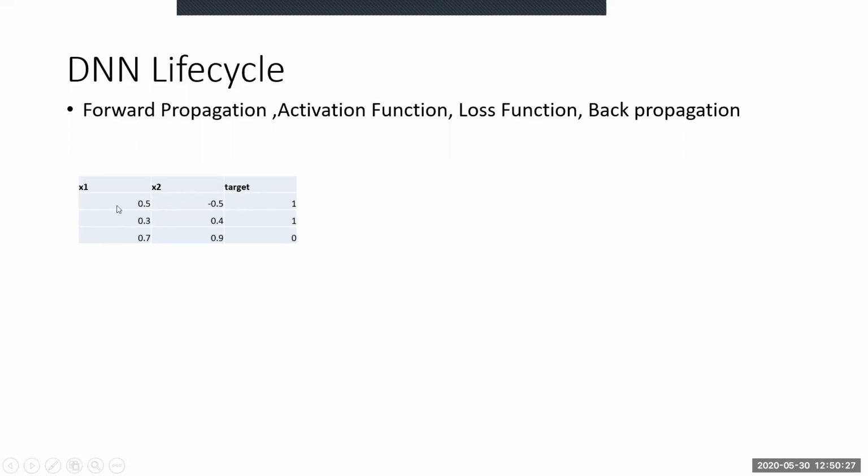The values of these two features are given over here, and the output value is 1 and 0, right? So how do we depict this in a neural network, and how does the neural network work in this case? Since we have two features, there would be two input neurons, x1 and x2. Now we would be mapping the values of x1 and x2 into the input neurons.